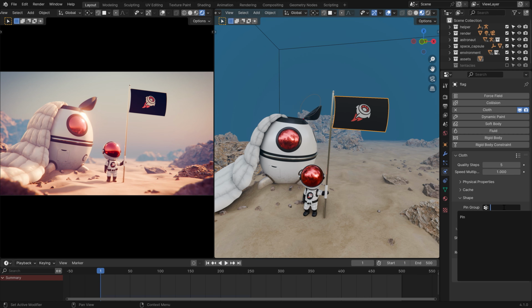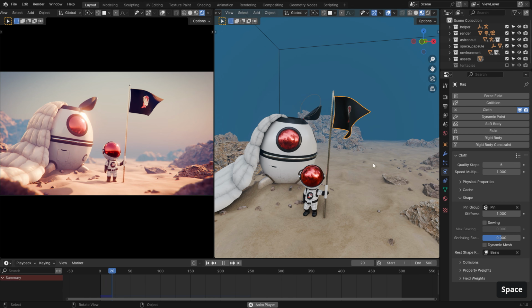Now let's click in here, and now it shows us all the vertex groups which are on this specific mesh, and in this case, we only have the pin vertex group. And now, if I play back the simulation, everything works as it should. And now to also play a bit with the vertex weight,